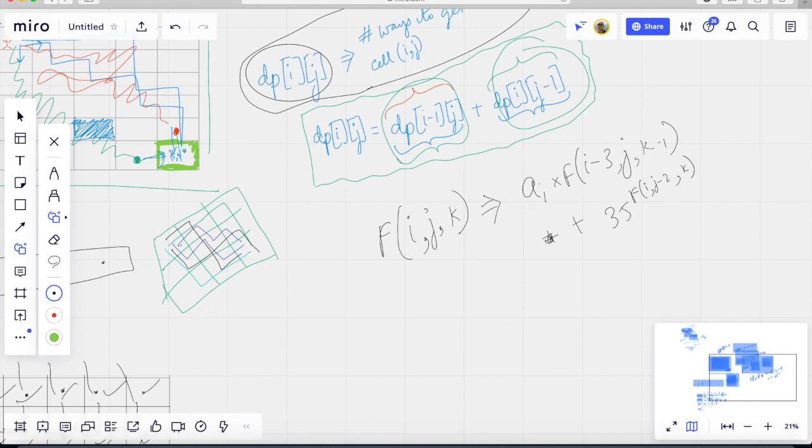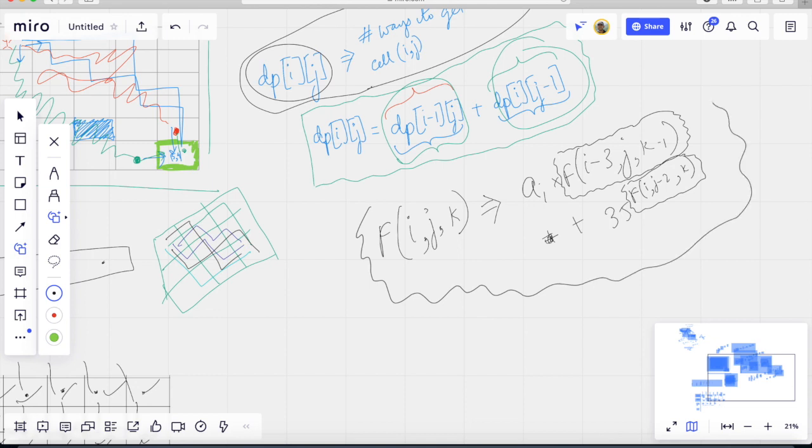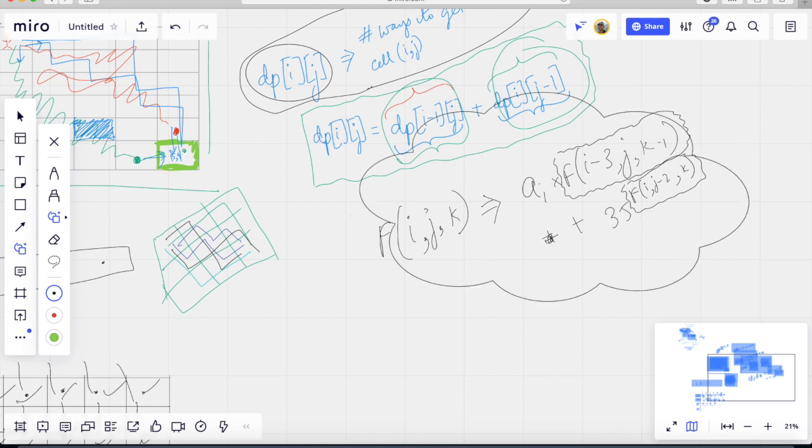It doesn't really matter what they are, but the point being that if you just assume that these values are true, and by true I mean, if some god told you what the actual true values are, so they are guaranteed to be true no matter what, then if you're sure that this computation is also true to calculate f(i, j, k),